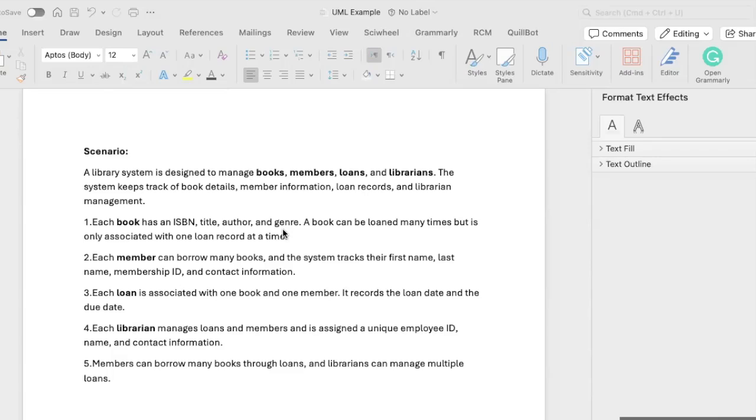Each member can borrow many books, and the system tracks their first name, last name, membership ID, and contact information. Each loan is associated with one book and one member. It records the loan date and the due date. Each librarian manages loans and members, and is assigned a unique employee ID, name, and contact information. Members can borrow many books through loans, and librarians can manage multiple loans. So the same